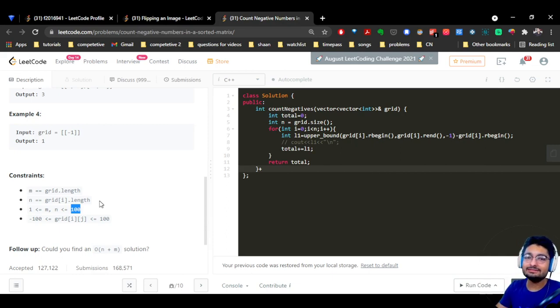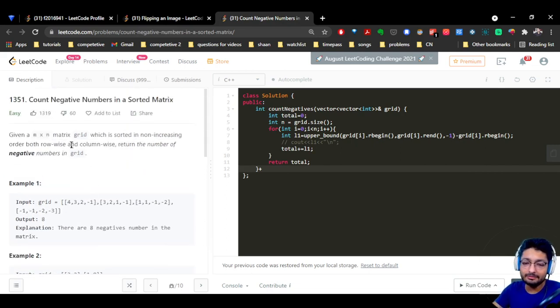But what you can see here is the main important thing in this problem is that the matrix is sorted. Now in any problem, if you find that you're given some array or something like that, and you find that the answer will come through some sorting thing, and if the array is sorted, then in many problems you can use binary search to find out certain things.